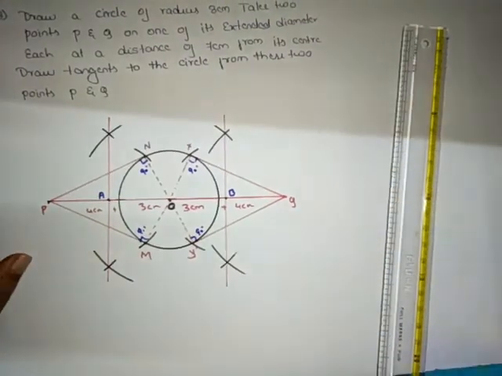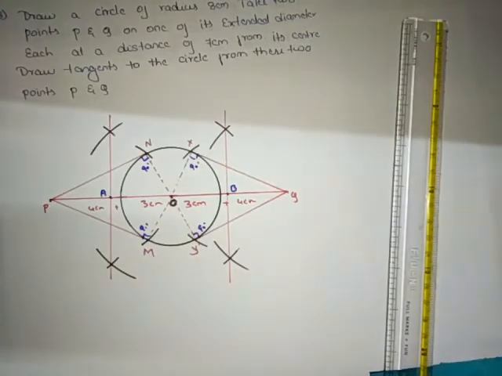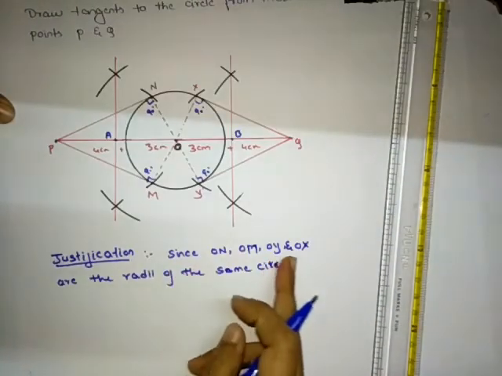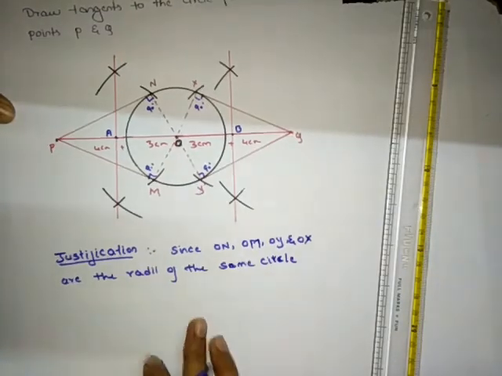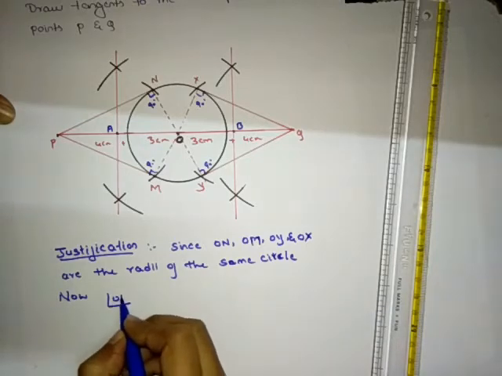If you want, you can draw, instead of taking an arc, a circle and try it. Next we'll see the justification. Since ON, OM, OY and OX are the radii of the same circle, now we'll write angle ONP,